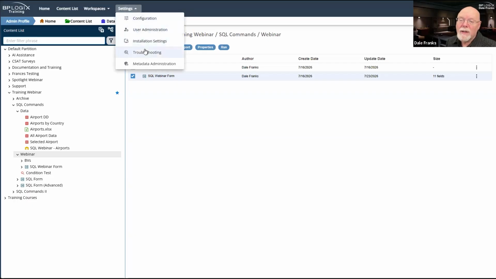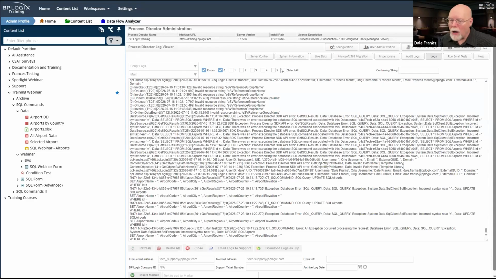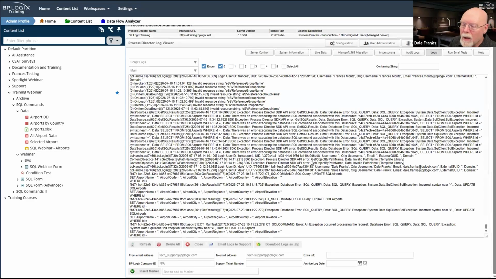So when we go to settings and troubleshooting and we go to our logs, we have a couple of places we can look, but most likely we're going to look at the script log, because the script log is going to tell you what command was passed to the system.